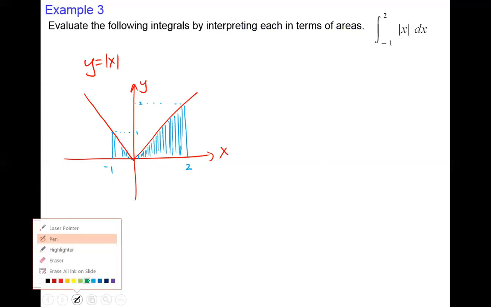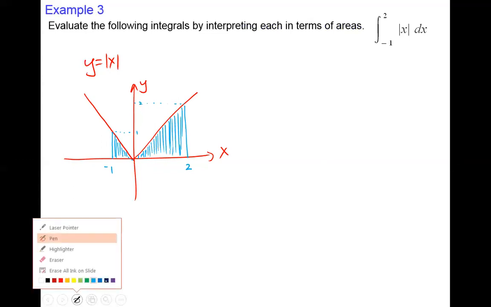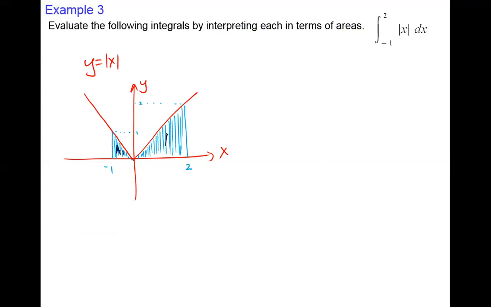Let's see, I can say A sub 1, A sub 2. This means the integral from -1 to 2 of absolute value of x dx will be the same thing as the